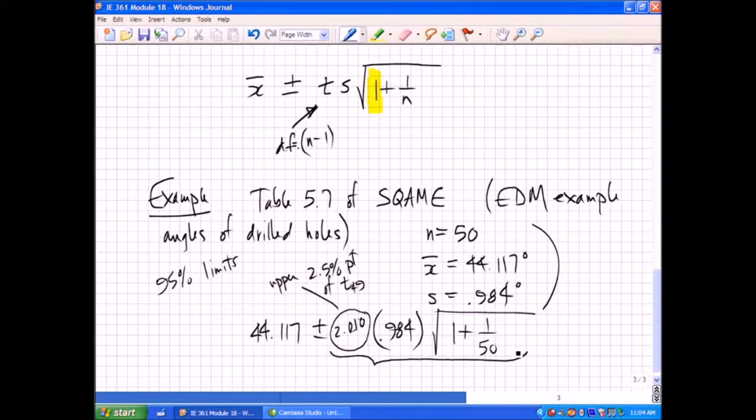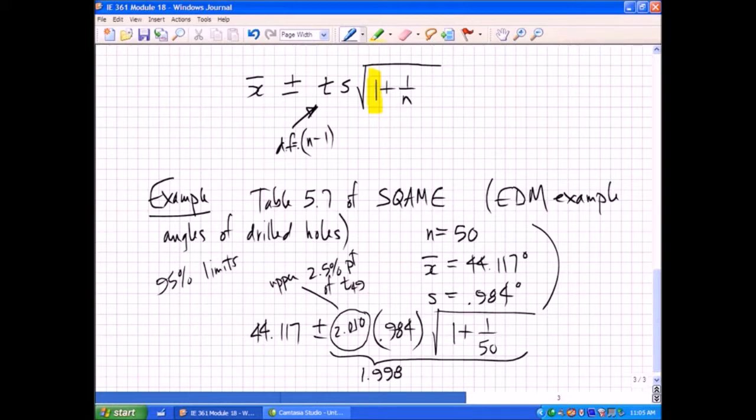When all is said and done here, this is 1.998, and we end up saying, well, if I'm trying to tell you where one more angle from this process